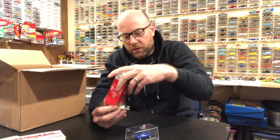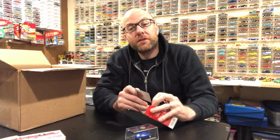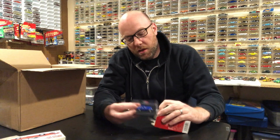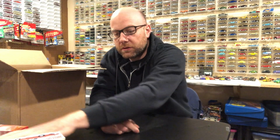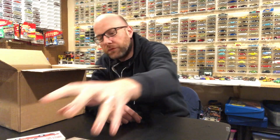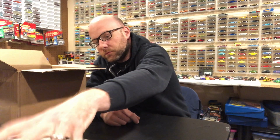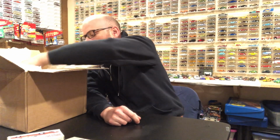And there's a little card in here with it too. I know nothing about this car, and now I'm gonna have to learn something. So that's fantastic. That looks really cool. So far we've got that. We've got some weird premium brand stuff. We've got 6 Tomica Limited Vintages. Crazy. And